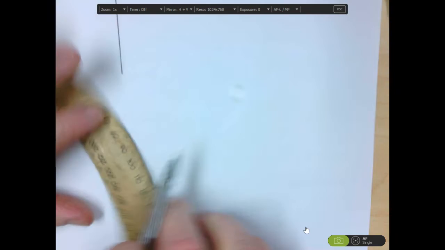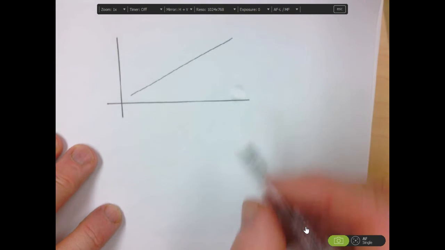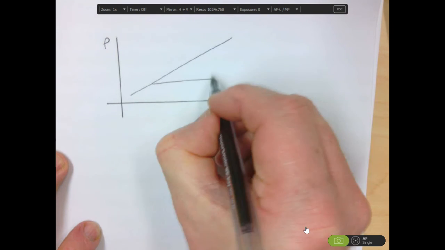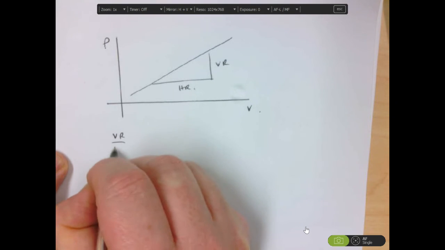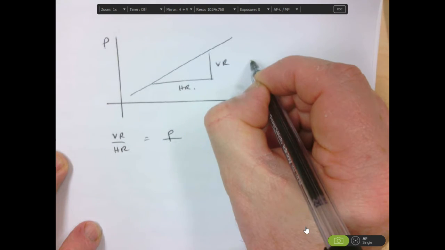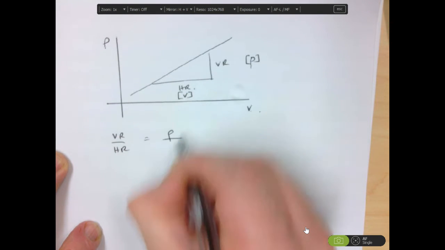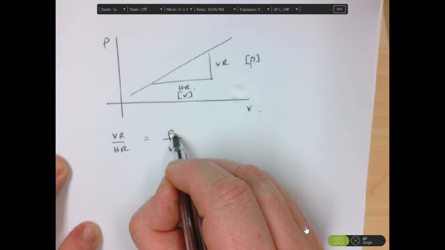Now, a graph has a vertical and a horizontal axis, and it's a straight line graph there. Okay, this is the momentum, and this is the velocity. Okay. So what is the gradient? The gradient is the vertical rise over the horizontal run. So the vertical rise over horizontal run is equal to momentum, that will be measuring momentum. So this is the measurement of momentum. And the horizontal run measures velocity. Okay. So the gradient is equal to momentum divided by